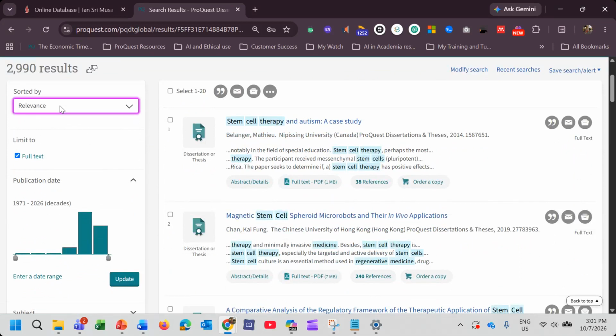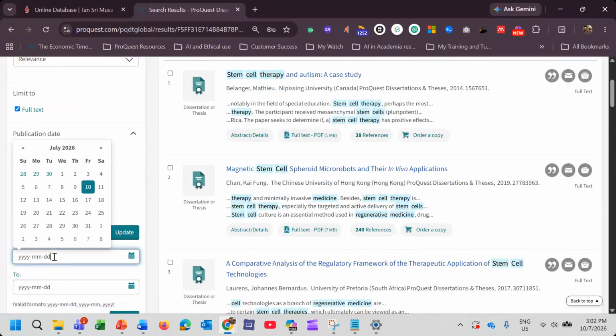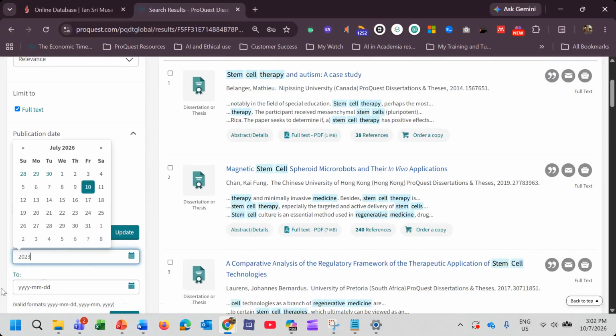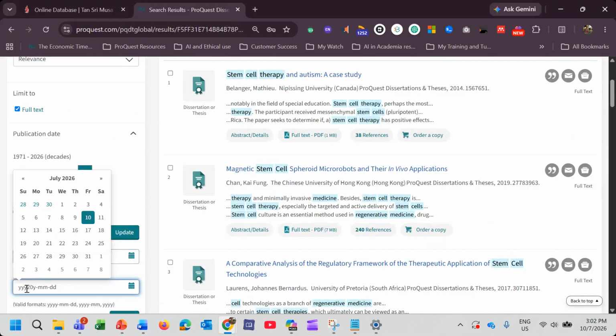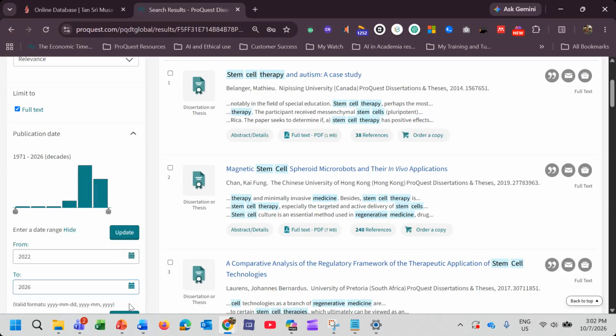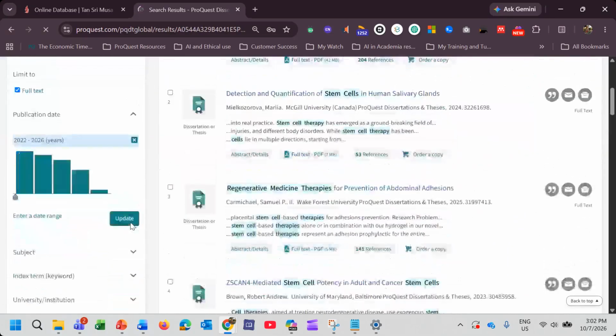You can sort it by relevance or the most recent, up to your interest. Then you can also sort by publication date. If you only want to look at the last 2-3 years of content, you just change this to 2023 to 2026 and then update, because you want to find the last 3-4 years of information, right?